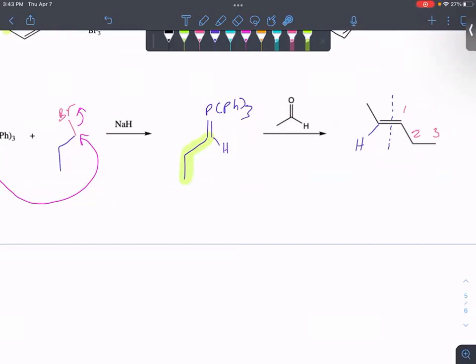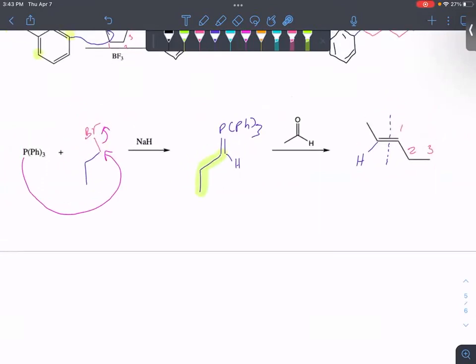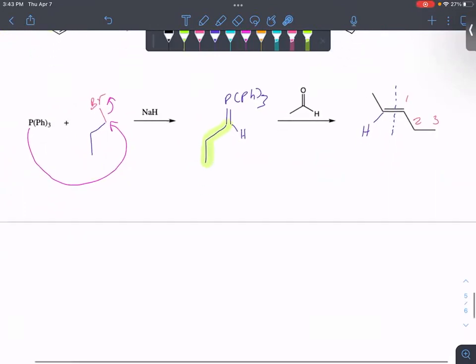That is a question, I don't think he really likes it, but it's definitely in the test bank where you will have to retrosynthesize your way back to the beginning, where you need to find the alkyl halide used. It's fine, you just have to chop this in half. With the NaH,